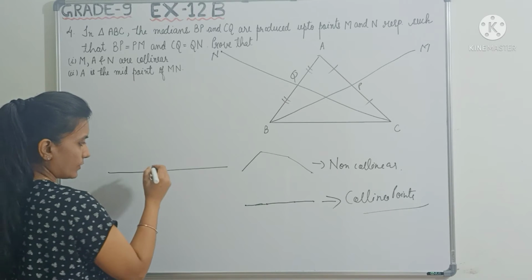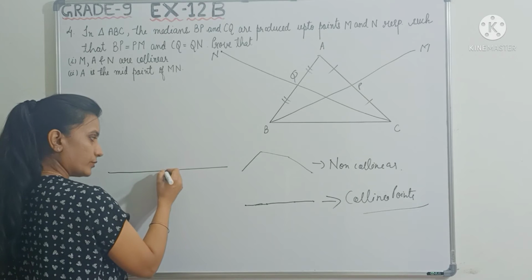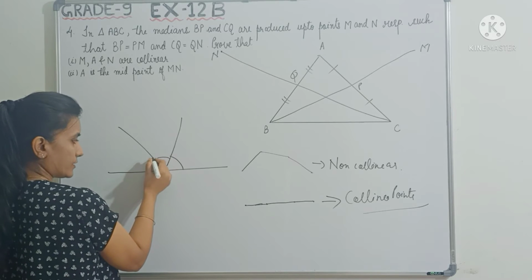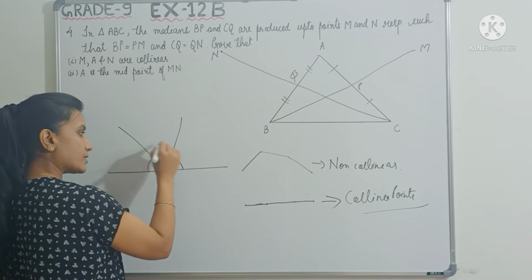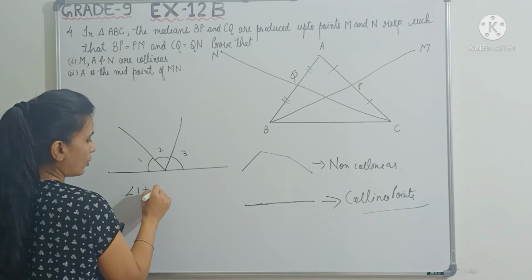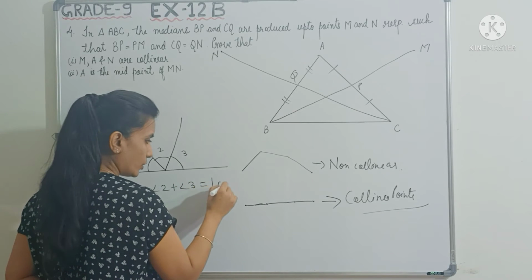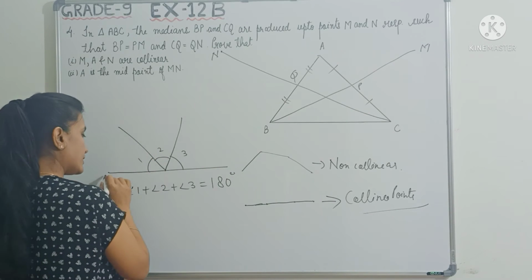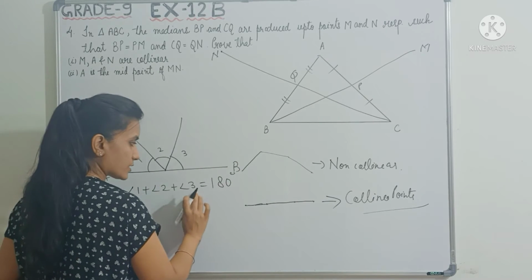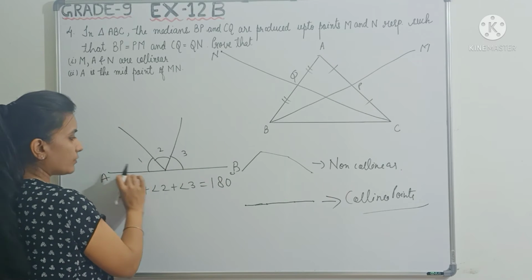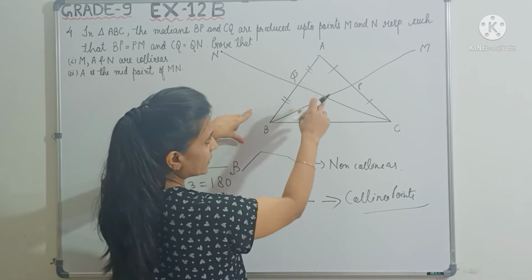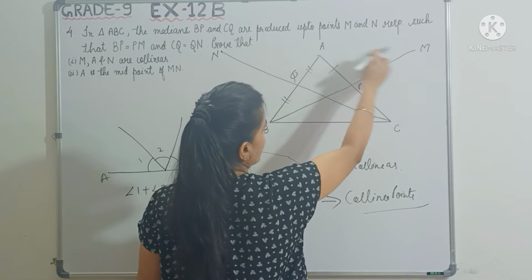So how to prove that? Take any point on this line, and from this point if I draw a few angles, let's say this is one angle, this is another angle, and this is one more angle, right? If the sum of all these three angles, angle 1, 2, 3, is equal to 180 degrees, then can I say that AB is a straight line? If the sum of these angles is not 180 degrees, AB won't be a straight line. So we have to use this concept here. Let me redraw this so that I can draw a straight line here.